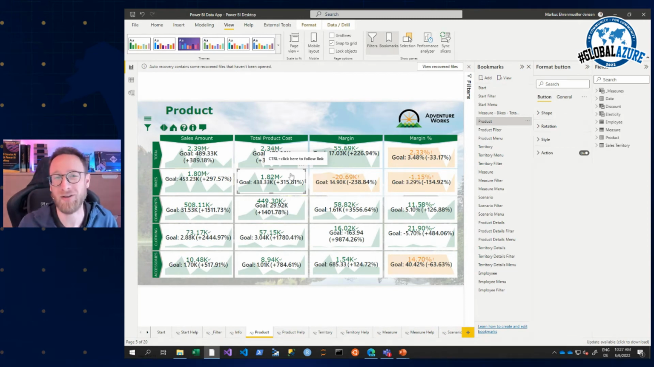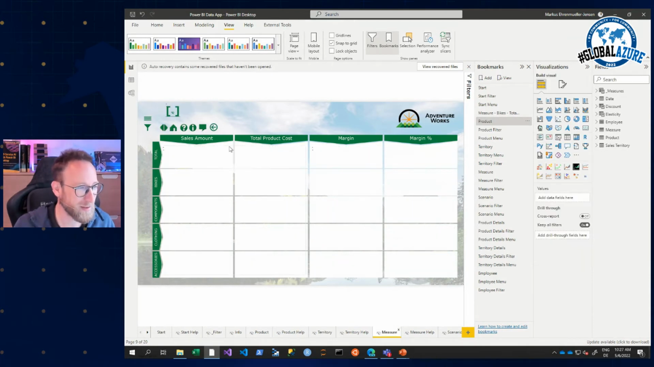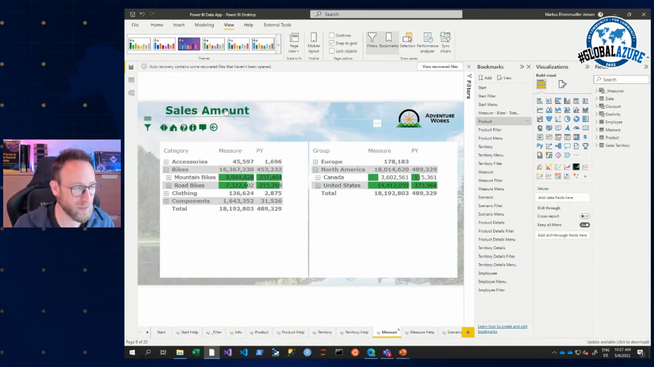I cannot have an action, but I can have this empty frame, empty button with an action, and that's what we see here. And then again, it's a bookmark, and it's jumping over to the measure bikes totals, because it's the bikes, it's the total. I made a bookmark coming over to the measure page and pre-select the measure to the total and here